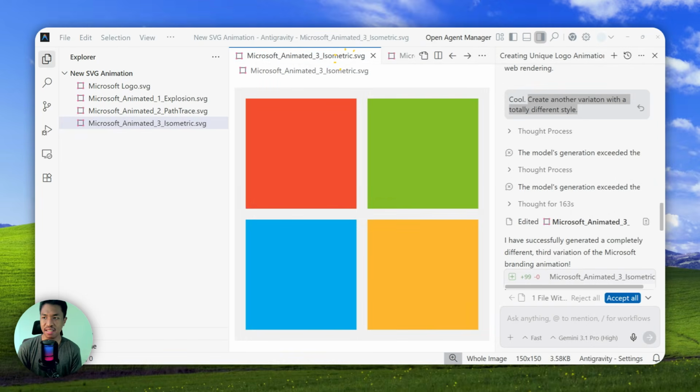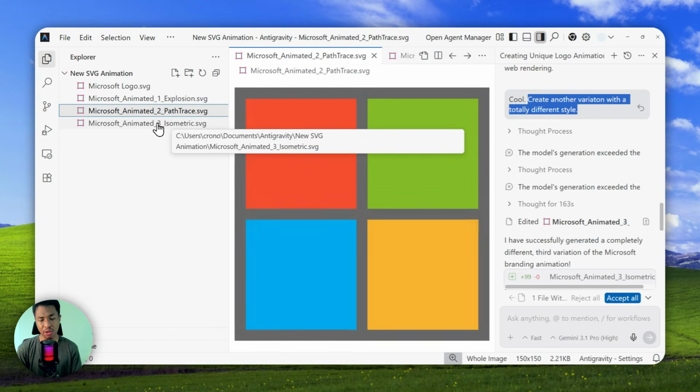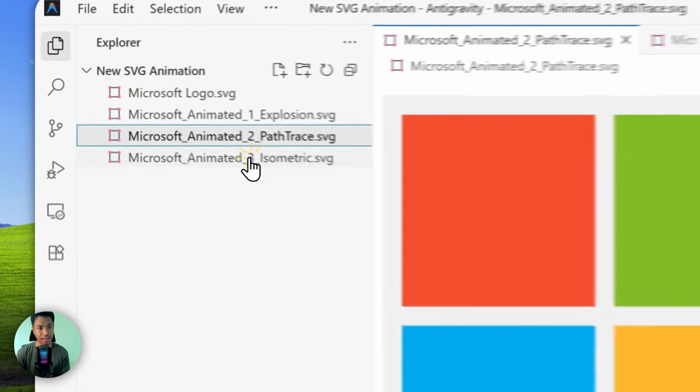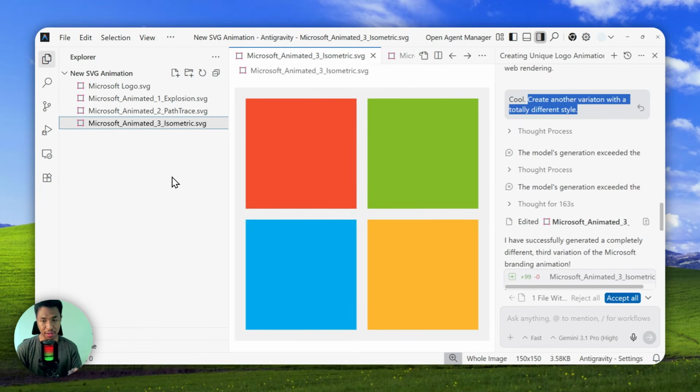So I guess that's basically how you can animate your own logo using Gemini AI. It is not going to give you the most fancy animation, but I think this should be enough to give you some nice animation for your video or